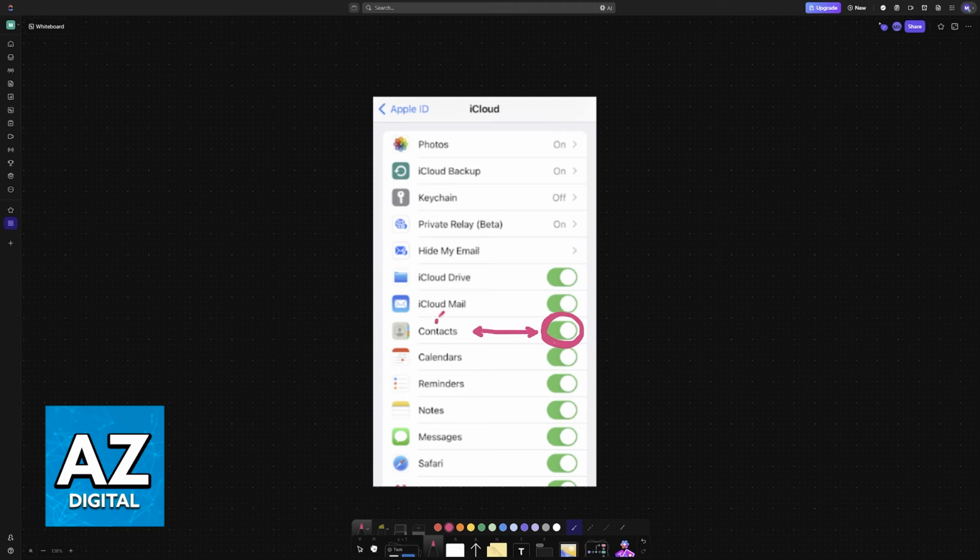By doing this, the contacts will now be saved onto iCloud, and by using the same Apple account on other devices, they will take the contacts from iCloud. So on your MacBook, on your iPad, just sign into the same Apple account and make sure that iCloud synchronization is enabled, and everything that is ticked on here will be synchronized between those devices, including your contacts.